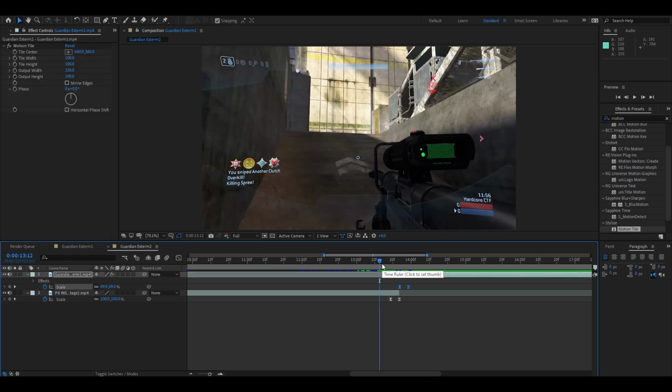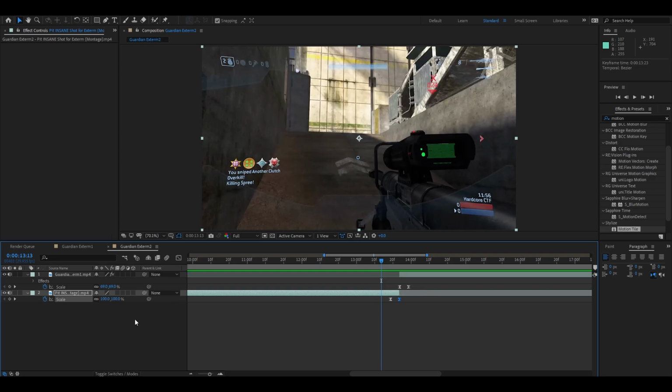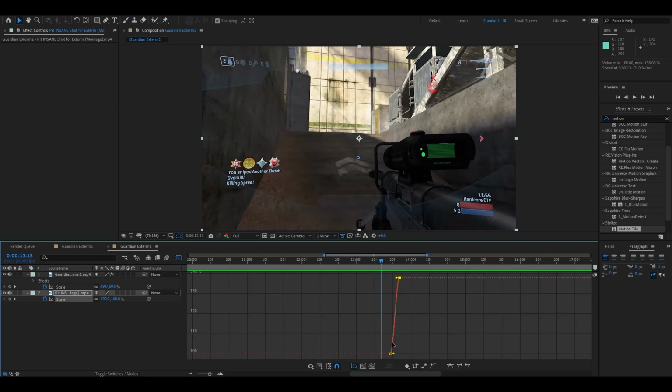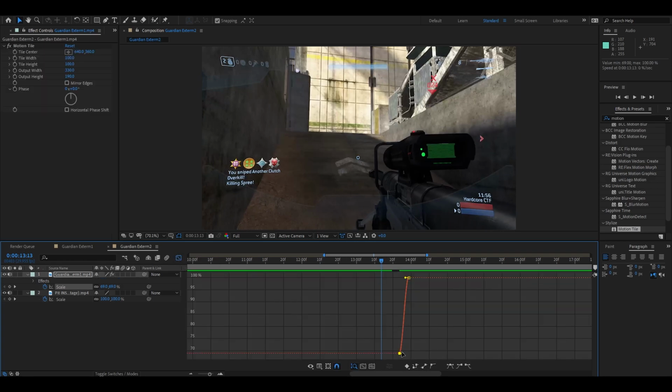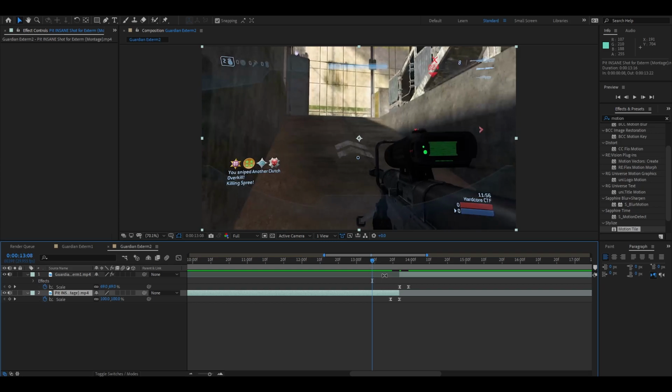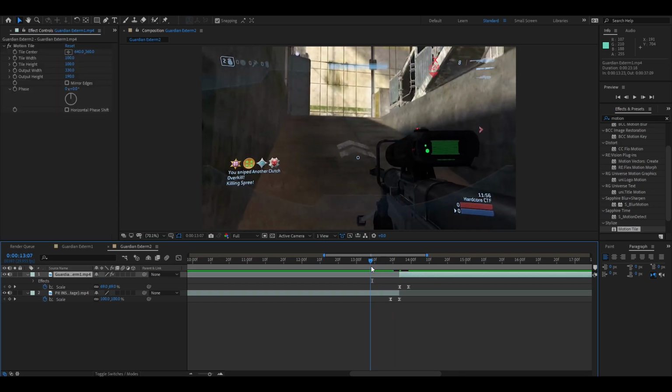So really, if we play it now, not much changed, okay? So now if we click this, we can edit it in this graph editor. We want to pull this and pull that. And what this is doing is it eases the motion in. And to catch that motion and make it more fluent, we're going to do pretty much the opposite to this second clip. This clip is giving the motion and this is receiving. Okay, so now if we look at it,